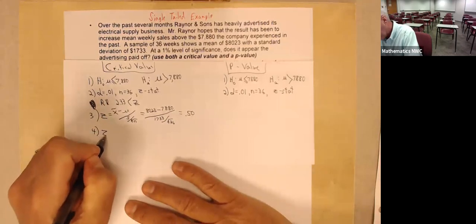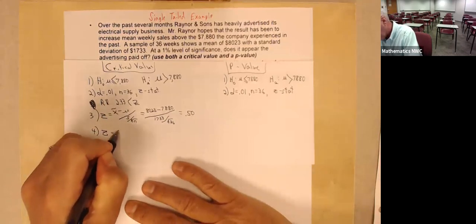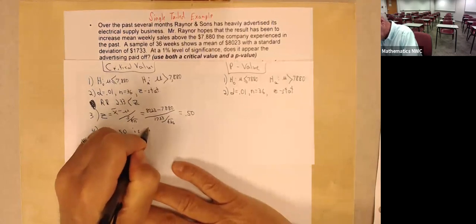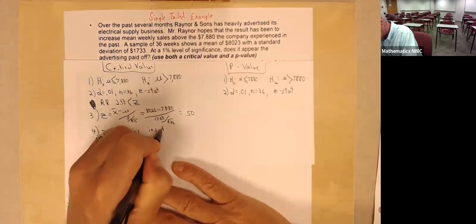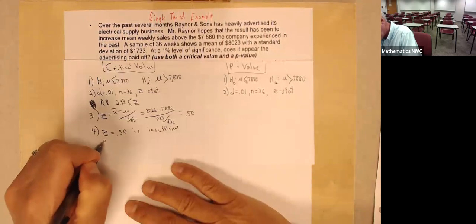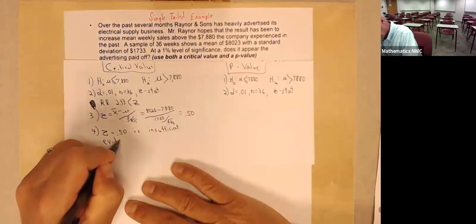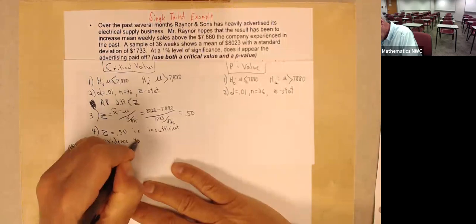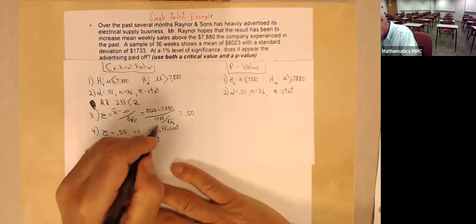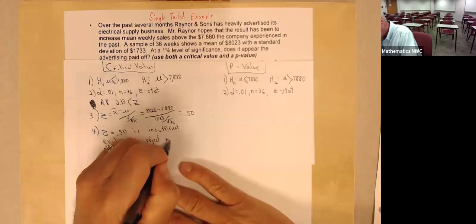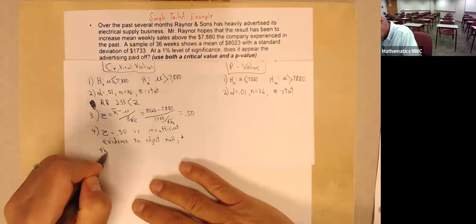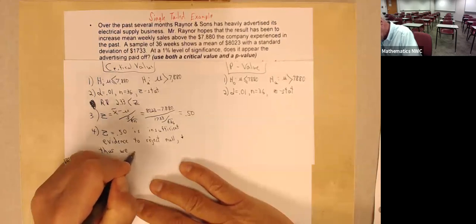Step 4: Z is equal to 0.5, which is insufficient evidence to reject my null hypothesis,